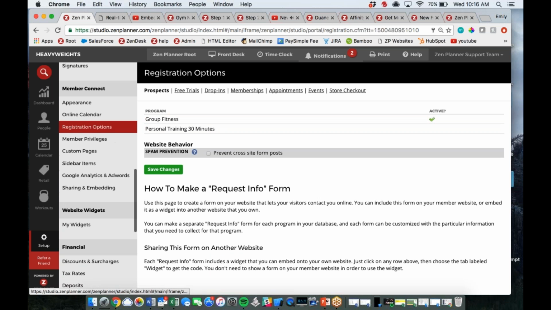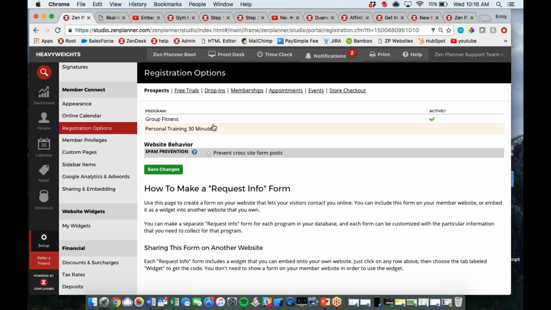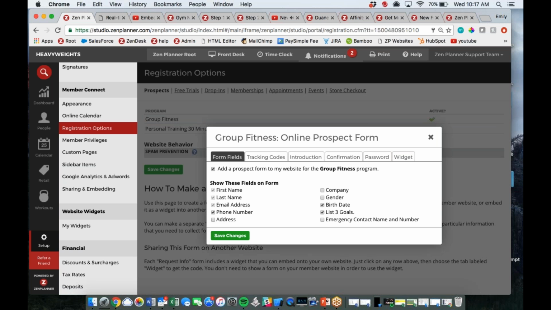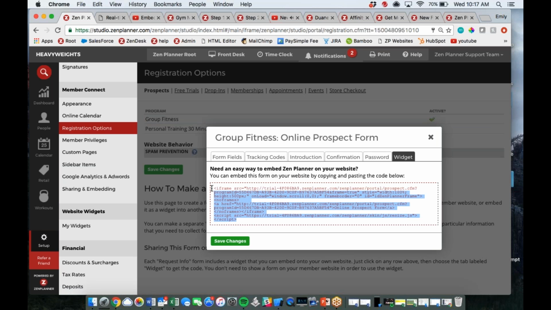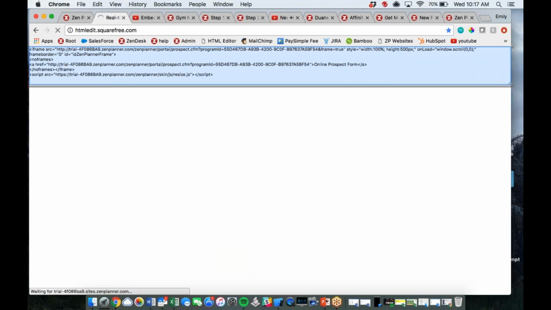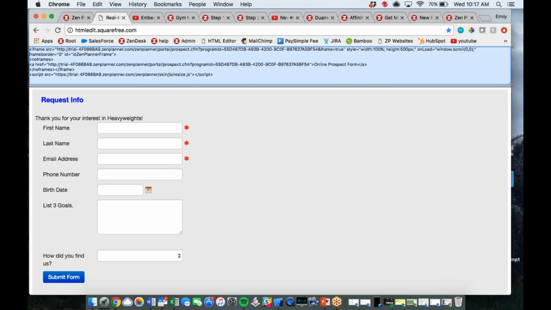and it lives on our Member Connect website currently, I'm going to show you guys how to embed that on your website. It's really simple. I can access that iframe code by clicking on the group fitness and going to this widget page, or I can access it from sharing and embedding under Member Connect. It's actually in both places. But if I go back up to this HTML editor and I throw that in here, here's this request info